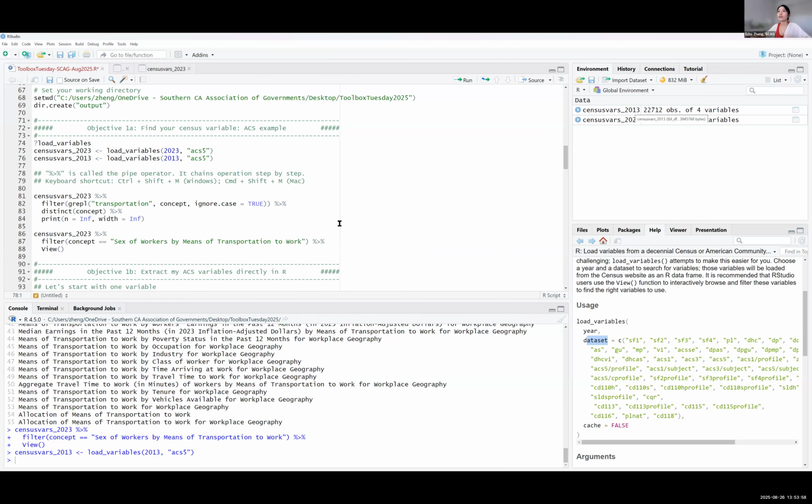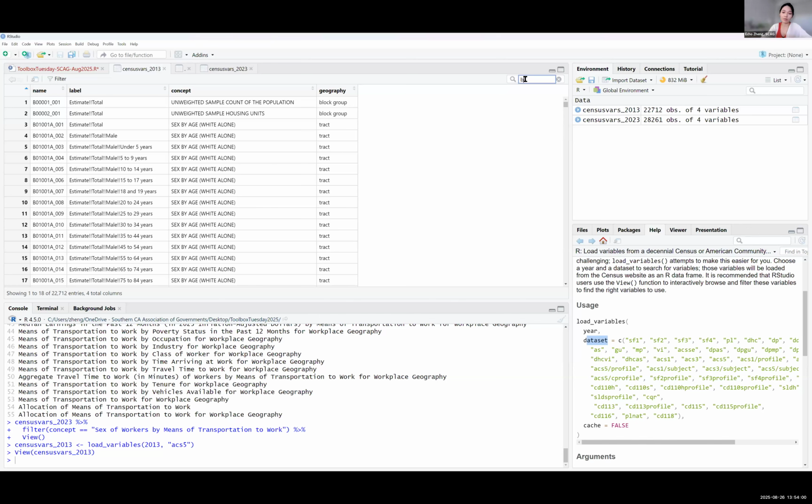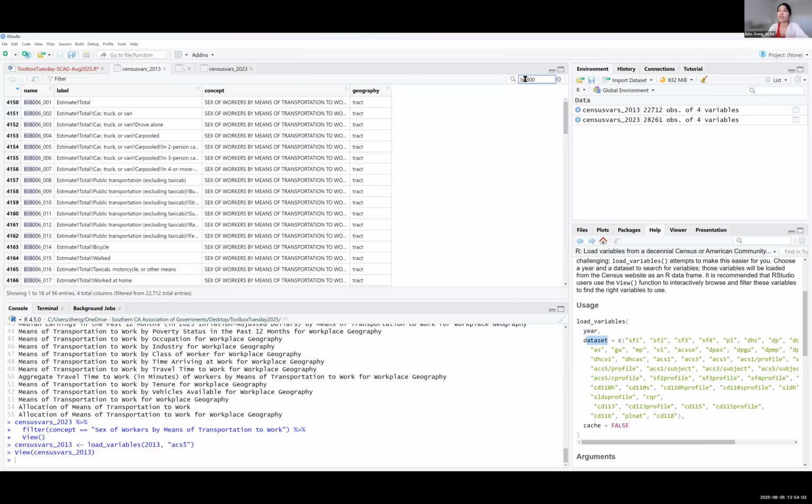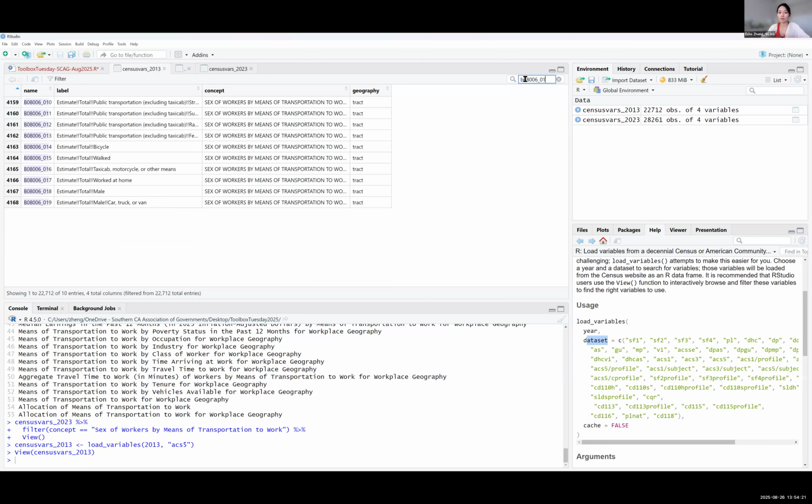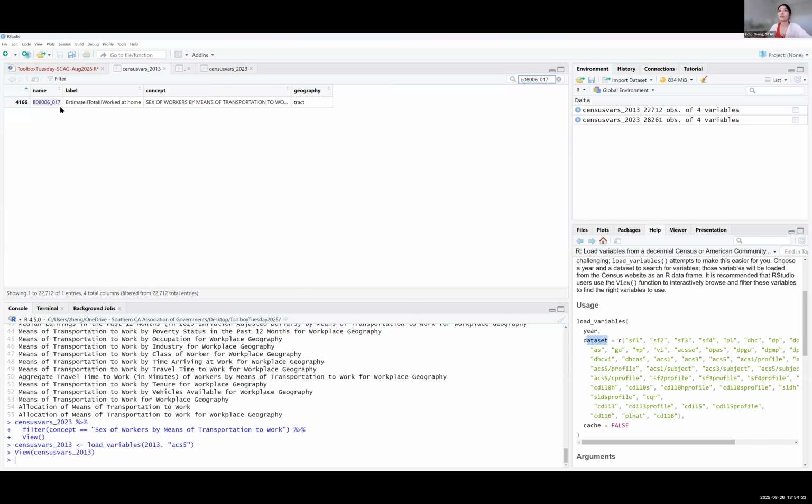The reason to do it is that I want to double check the B080006 variable has the same name and same description in prior data sets. This is important when we want to show trends over time. We need to make sure that we're extracting the same variable. So we can even double check with 017, and there you go. That's also workers that work from home in the 2013 ACS. So, and we can close this.